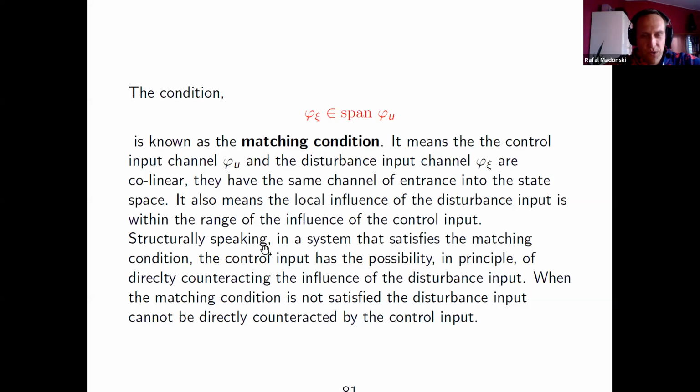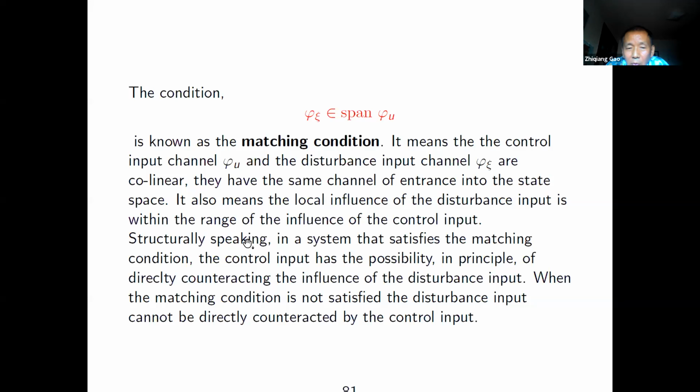I think it's very important because Professor Sira Ramirez very carefully makes a distinction between expressions which I think in literature are used interchangeably, like compensation, rejection, and attenuation. But I think it's very important, especially when we talk about matching, unmatching conditions and nonlinear systems, to make a clear distinction. And I think I have to learn that as well, because I'm a victim of using them as synonyms, but clearly they're not. Thank you, Rafael. Thank you, Professor.